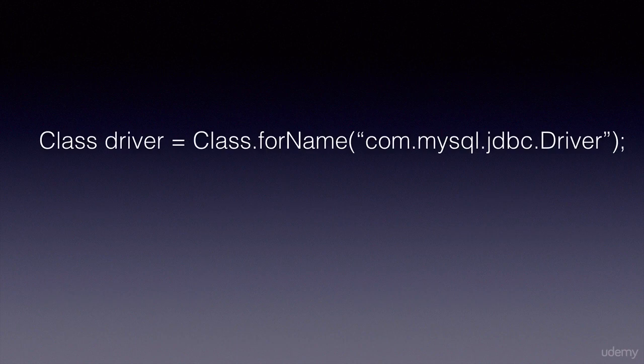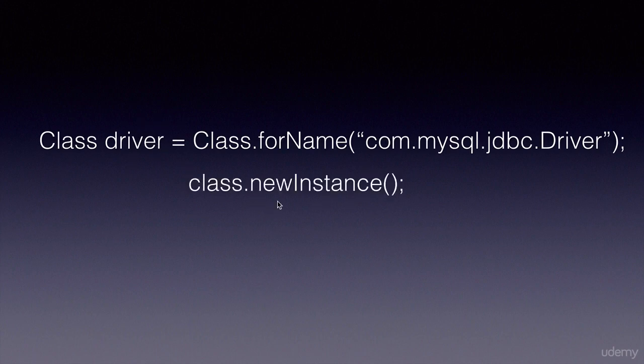Another way to dynamically load a class in our application at runtime is by using the Class.forName method, providing the class name. This method also throws a class not found exception if this particular class is not there on the class path. Once this class is loaded like this, we can create an instance of it and invoke the methods on it dynamically using the reflection API.